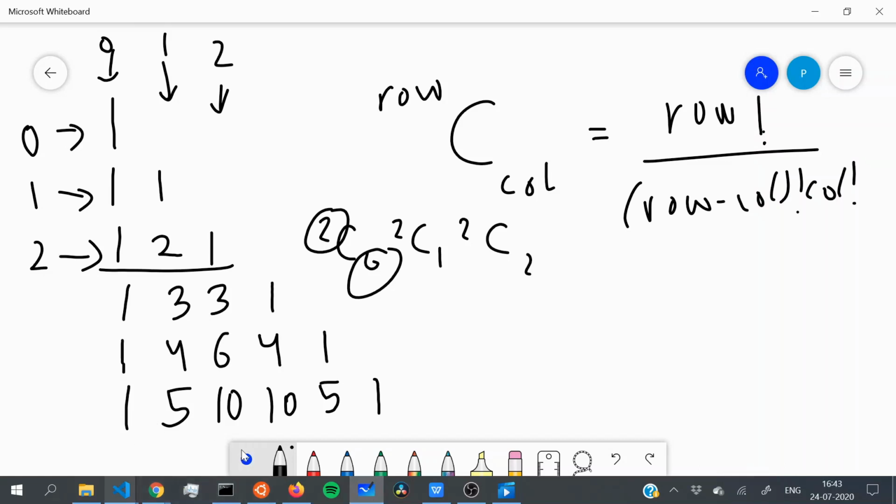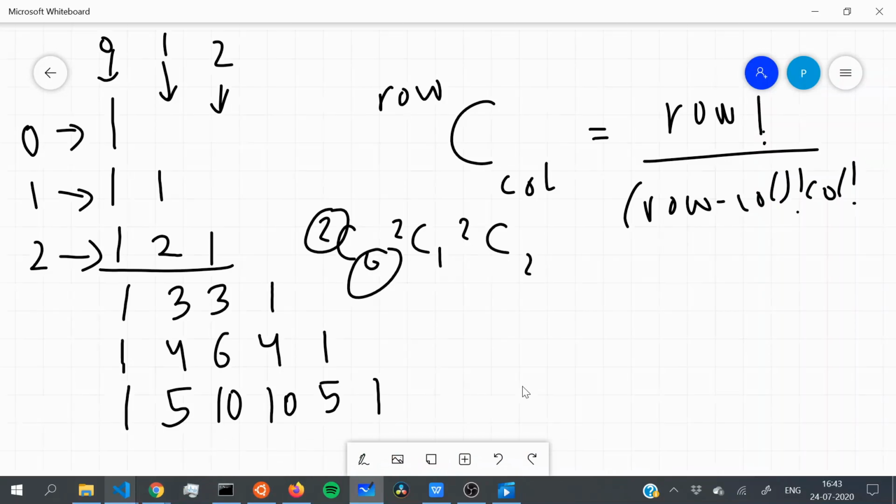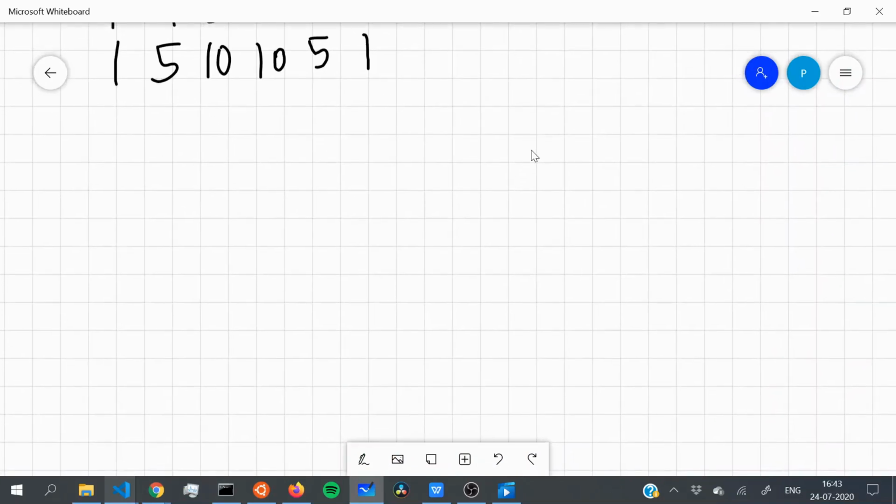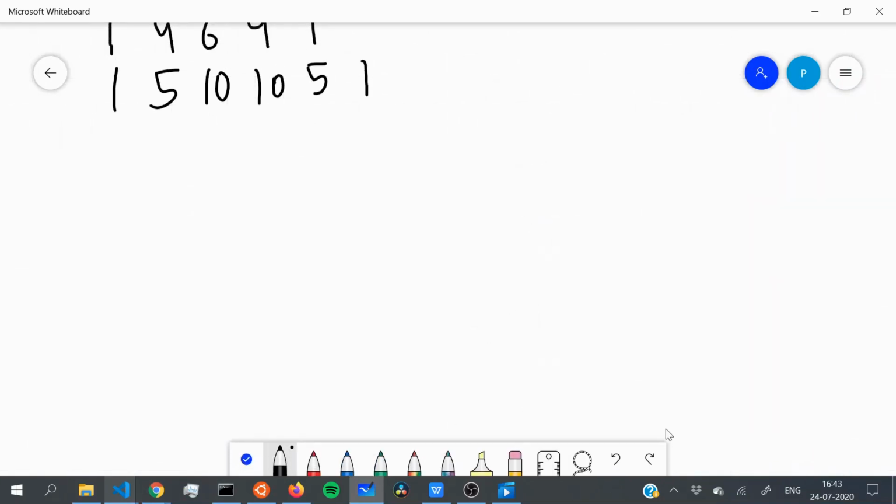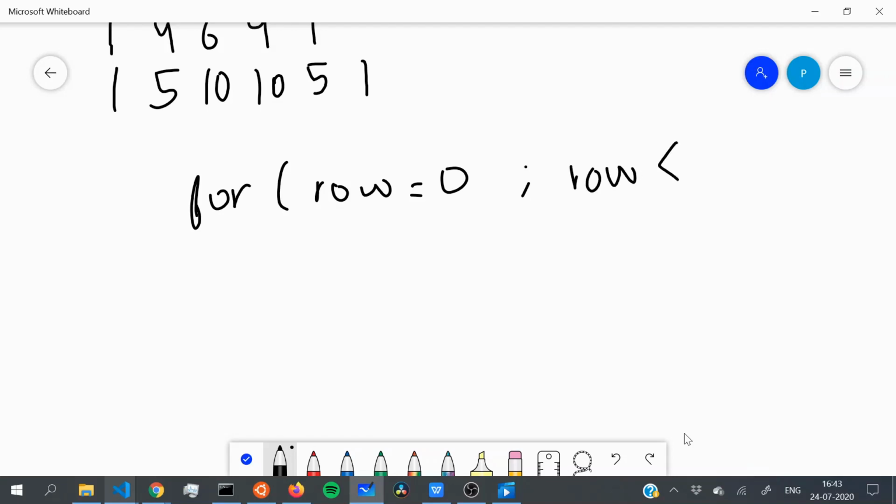Let's see what the pseudocode for this will look like. We're obviously going to have to use nested loops, and the outer loop will be for row equal to 0, and it's going to be less than total rows.